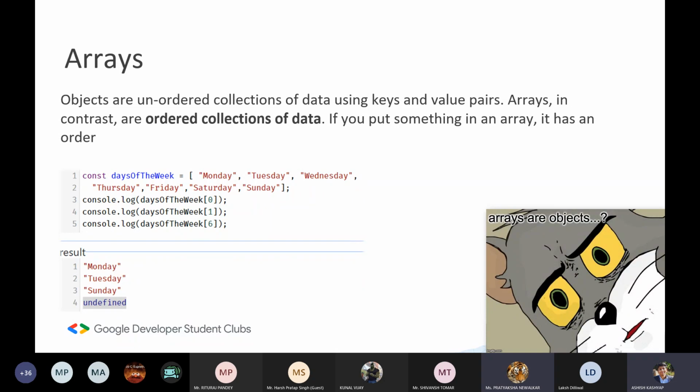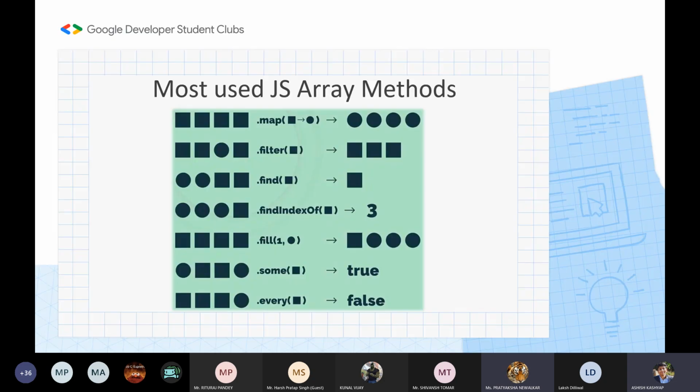Like this syntax. Where is my mouse pointer? Yes, through this. Indexing, and I don't think I need to say this, but indexing starts from 0 in the majority of programming languages. So yeah, that was it. Next we have some of the majorly used JS methods that you would encounter in your day-to-day writing of JS code. There are also some of the basic ones like